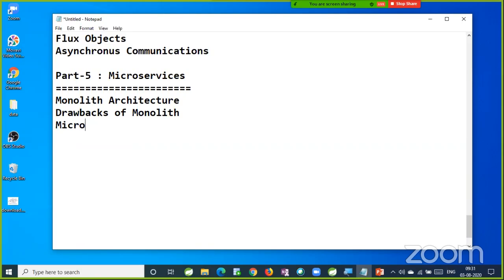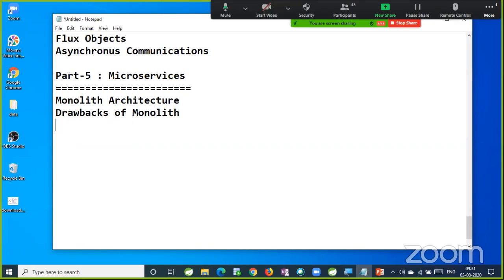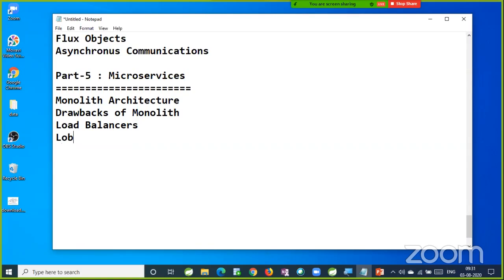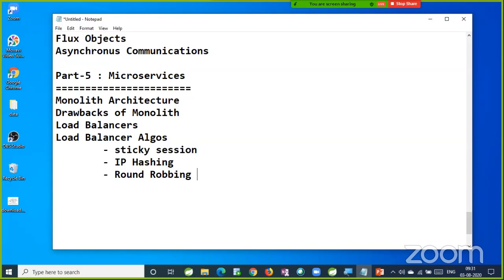microservices introduction. Here I am going to explain one more concept called load balancers, load balancer algorithms: what is a load balancer, and what algorithms are used for load balancing, like sticky session, IP hashing, round robin, etc. There are several algorithms used when we are setting up a load balancer for our application,